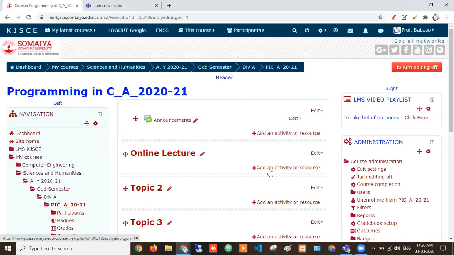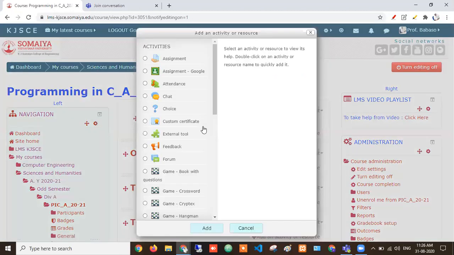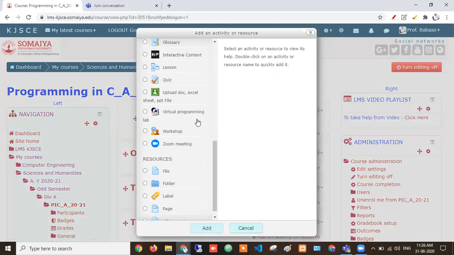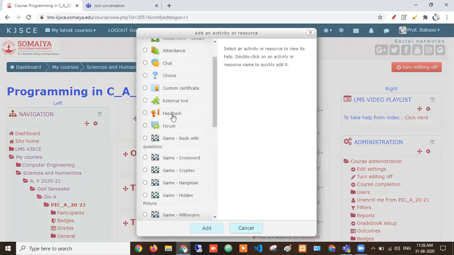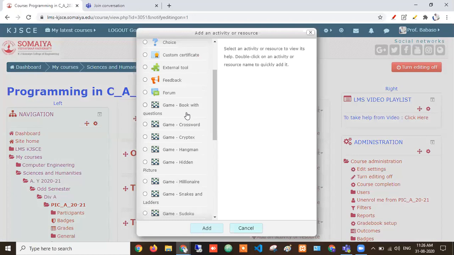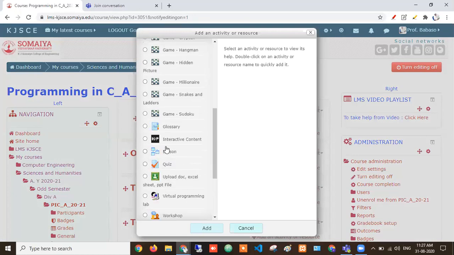Here I have to click add an activity or resource. Here you can see all the activities: assignment, attendance, feedback, the course exit survey, gamification or a game for your course. You can use interactive content, which I already explained in one nuts and bolts session.